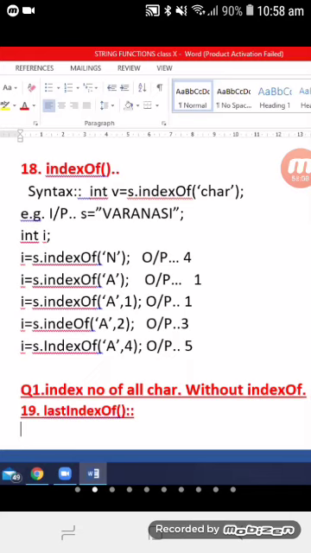What does that mean? If I give the character A, it will give the last